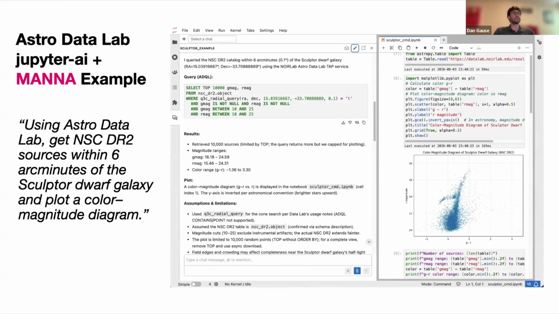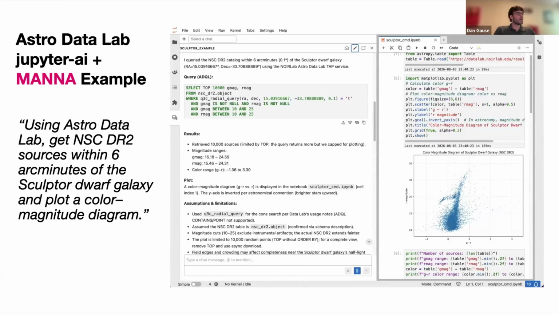This is what Jupyter AI looks like in a JupyterHub type platform. There's a chat window on the left, and the chat window is directly working in this scratch notebook on the right.